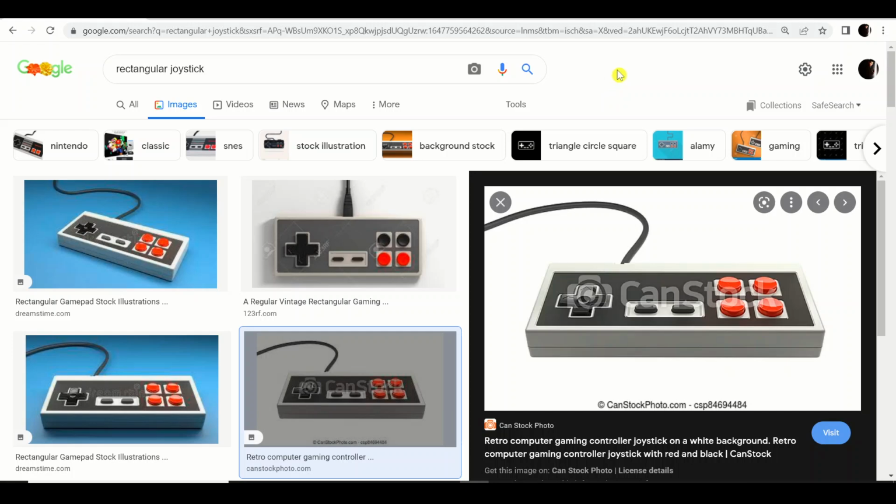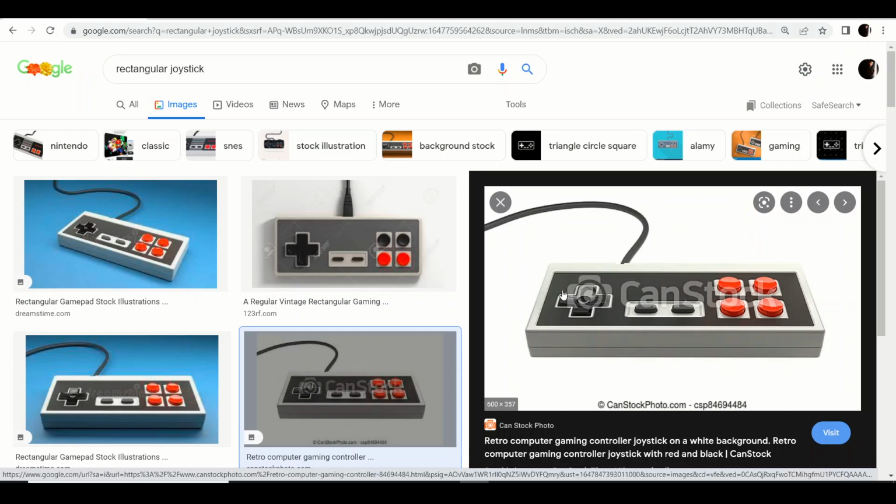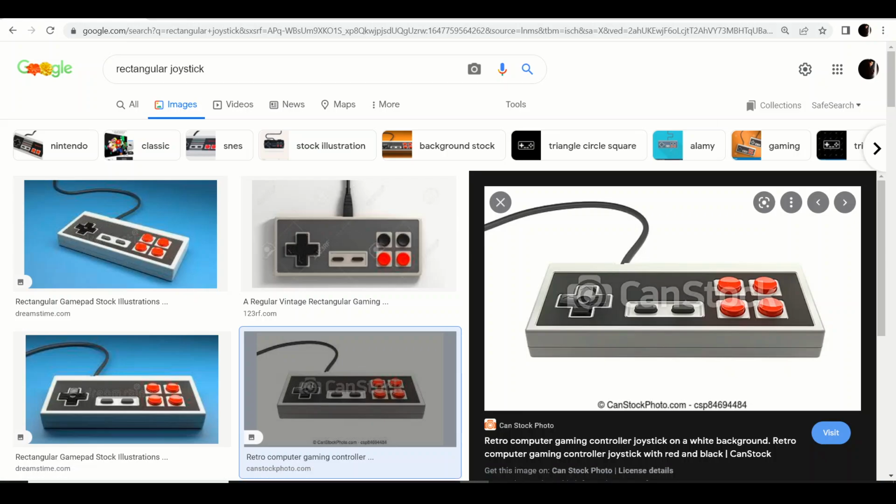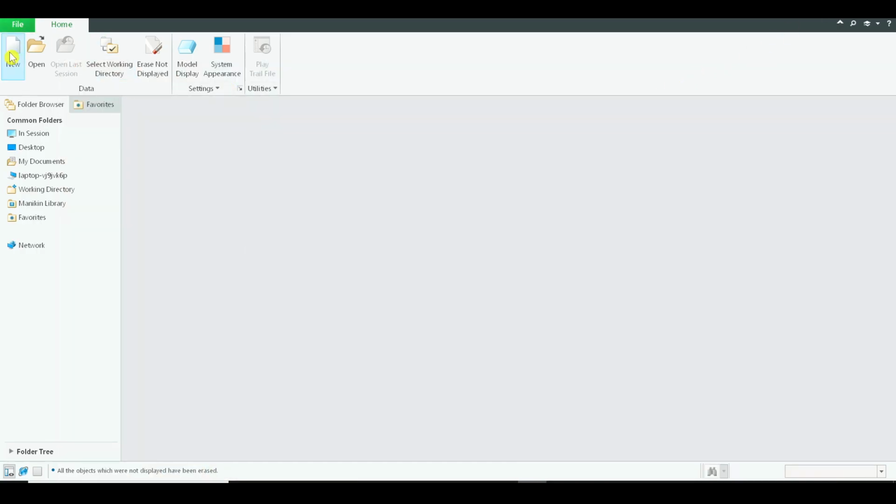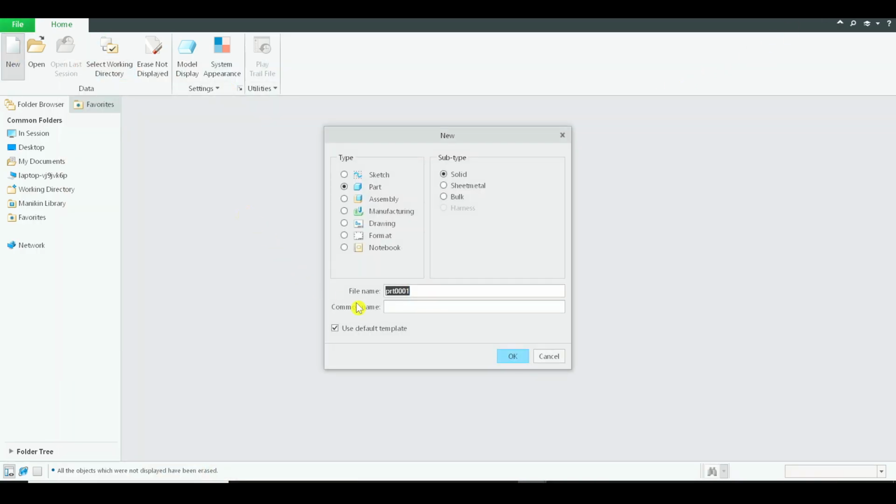All right, so the first job we have to do in Creo Parametric is to create a rectangular block, then divide the rectangular block into two covers, the upper cover and the lower cover, and add engineering features to both the covers, join them with the screws in the assembly and check whether the assembly is appropriately created. Now let me hop to Creo Parametric and create a new part file with the name